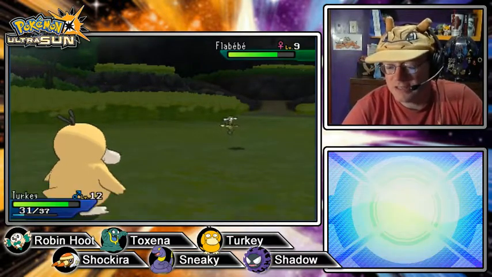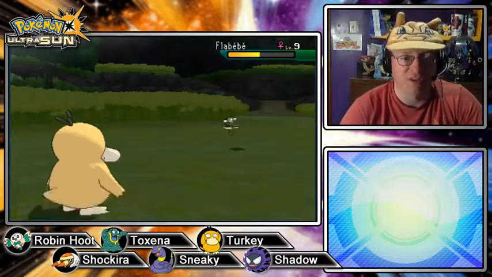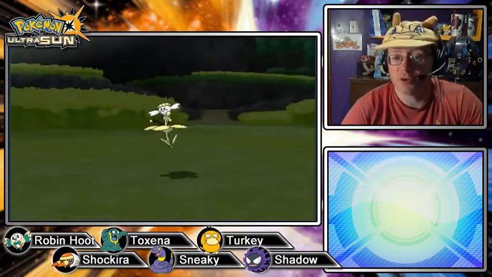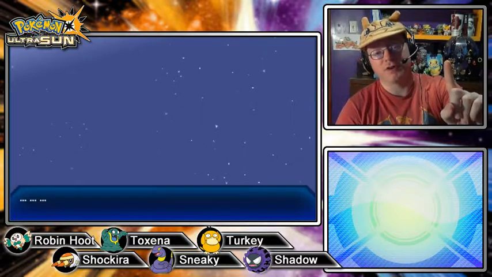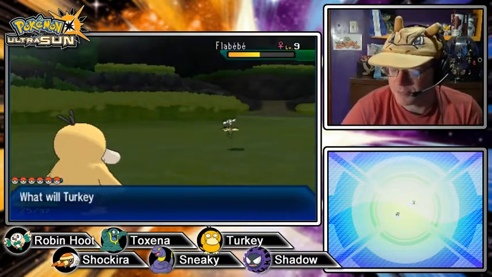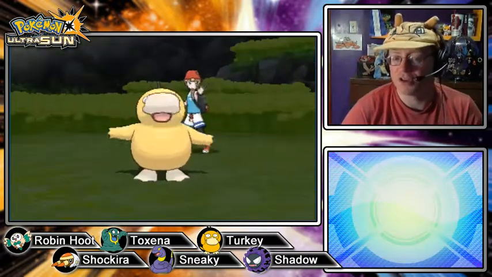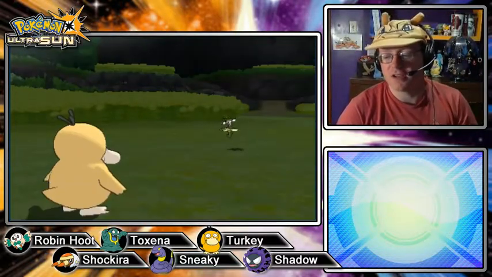So I did have a little bit of a visit last night based on when you're watching this, but earlier tonight for me. Wasn't expecting it, but my good buddy Evan from over on PEI came for a visit. Bear with me as Flabebe is going to call for help and fail. Let's go for another Water Gun and weaken this thing up. But he said that he was in town because the company he works for goes off of the American holiday schedule. So, thanks to American Thanksgiving...